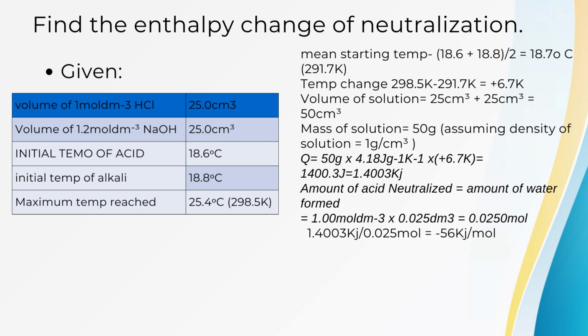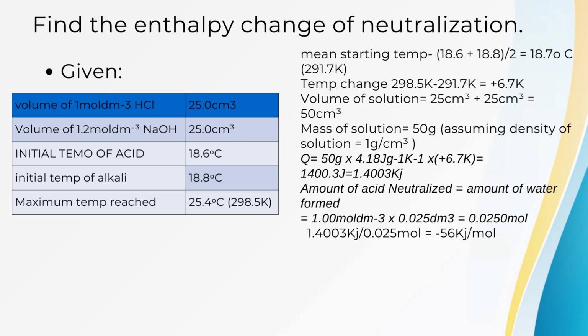Now, using the formula Q equals m c delta T, we input our values and we will get our Q, or heat energy, as 1400.3 joules. So we convert that to kilojoules. A reminder, 1 kilojoule is equal to 1000 joules. From there we calculate the number of moles of water, which we will get our answer as